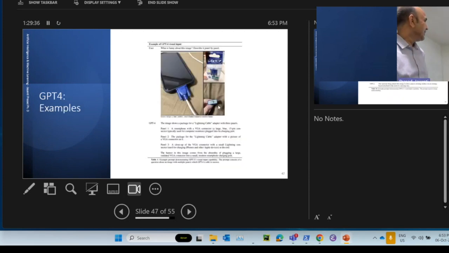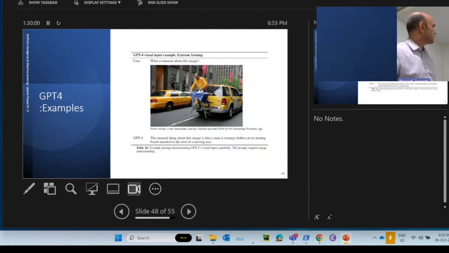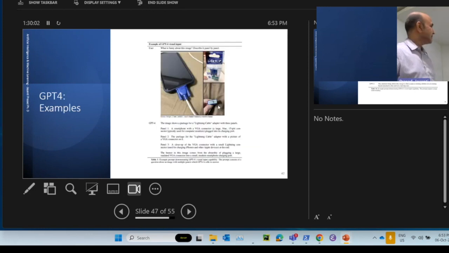And you can ask this type of question also, like, what is funny about this image? You give an image to GPT-4 and ask, and it gives those answers. You can see that it's a very odd image, like it's a phone, but this VGA plug is put on it, and so on and so forth. It is from the GPT-4 report. You can give it to Bard also. Yes, it will do it.